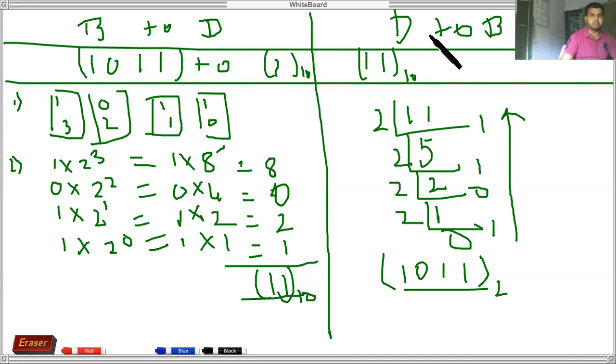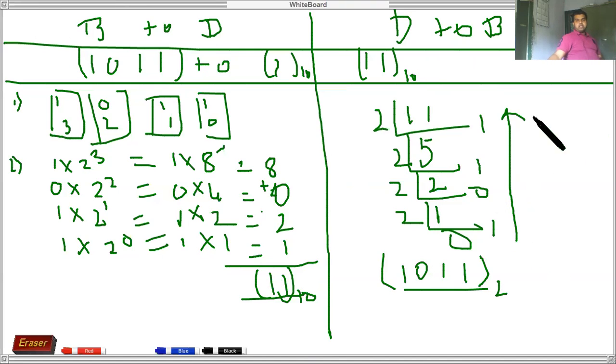This is binary to decimal and this is decimal to binary. In binary to decimal, remember very carefully, you have to write the powers and then multiply the values with the base value of 2 raised to the powers. Then after you get the results, you add up: 1 plus 2 plus 0 plus 8 equal to 11. The same number, if I convert from decimal to binary, I get the original number 1011.